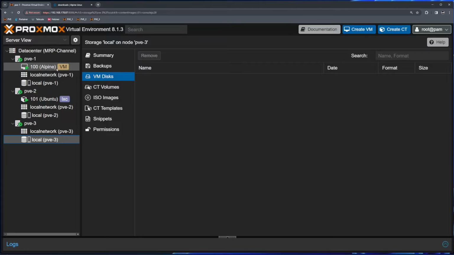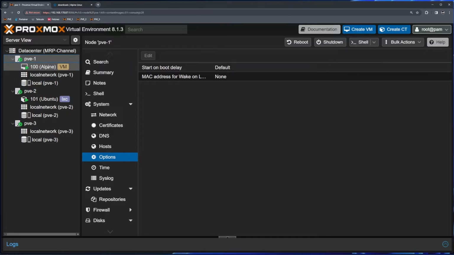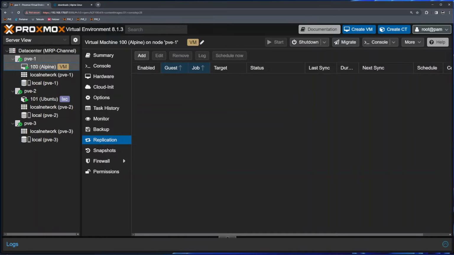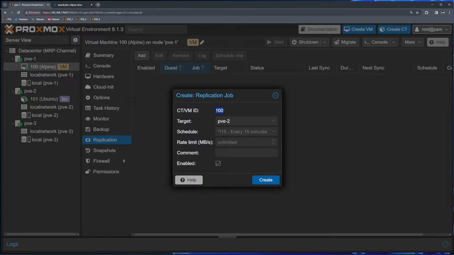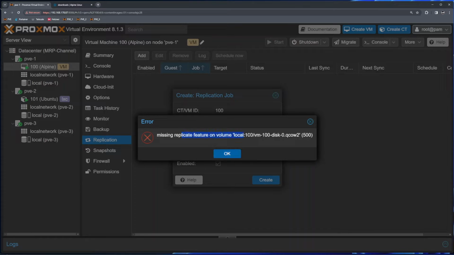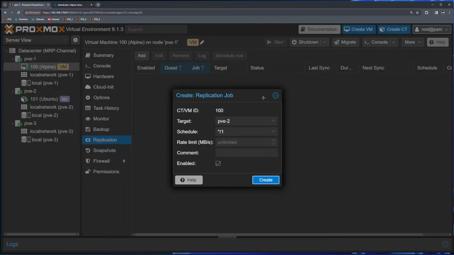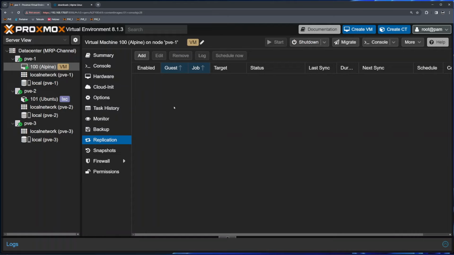So there is an option for that to function. If I click on node 1, ID number 100 VM, I'll click on replication and I'll click add. So I want this VM replicated to PVE2 every minute. But if I click create, it's going to give me an error that this is not going to work on the local storage drive, because local storage